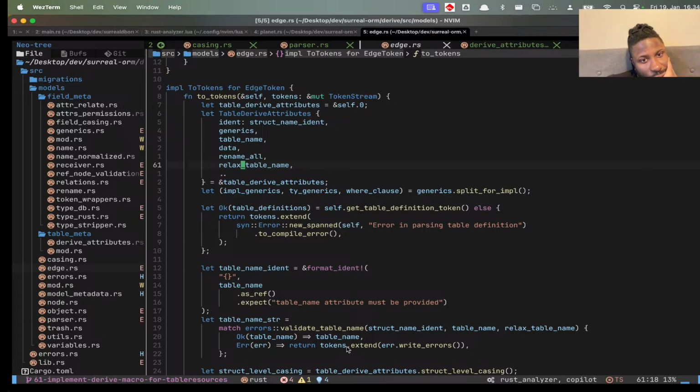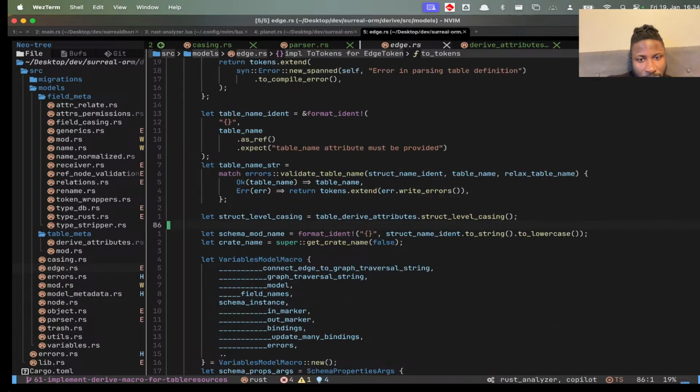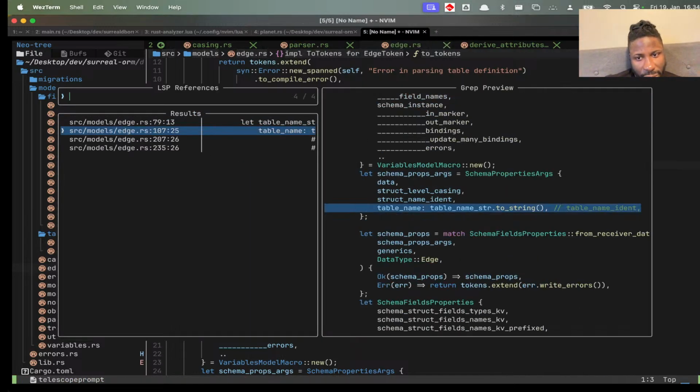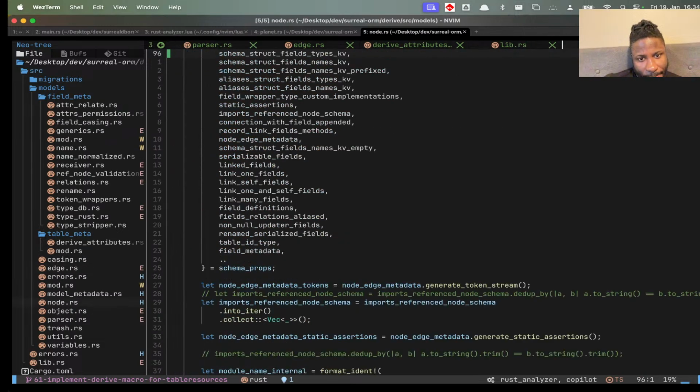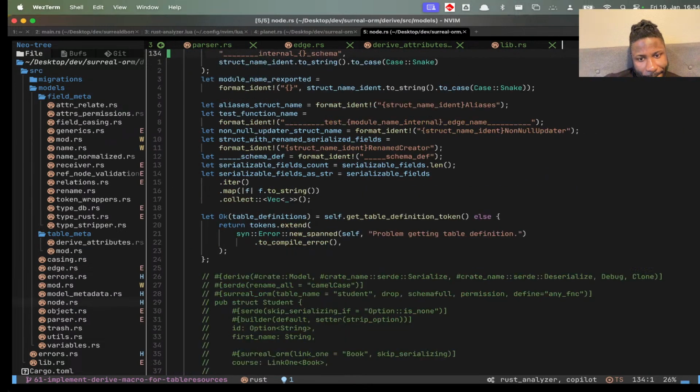For sure. Some of these things can be moved, like this. We're using it quite a bit. This can be moved. Since I guess we're using it in Node also. Yeah, so probably makes sense to move this, but for now